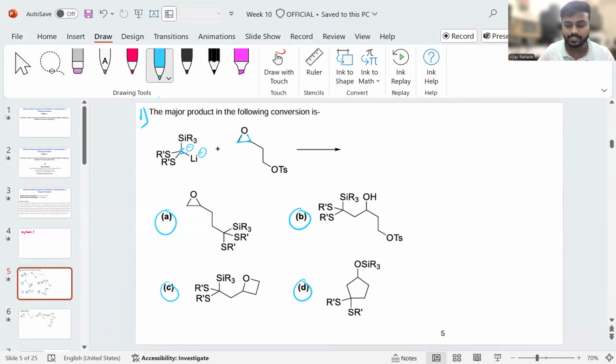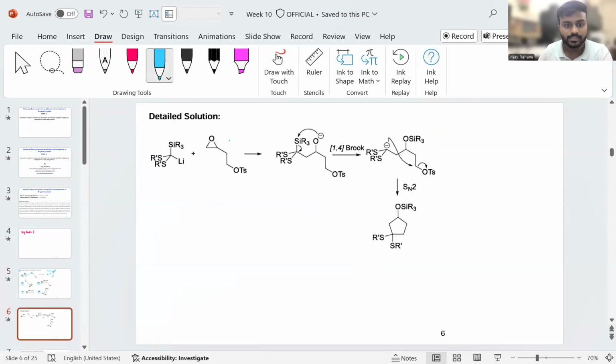So if you look at the starting material, it has the electronegative carbon. This is the sulfur and R, which are attached to the carbon, so this will be negative, and similarly there are other groups. So this C negative, if you look at the structure, this carbon of the epoxide is delta positive,